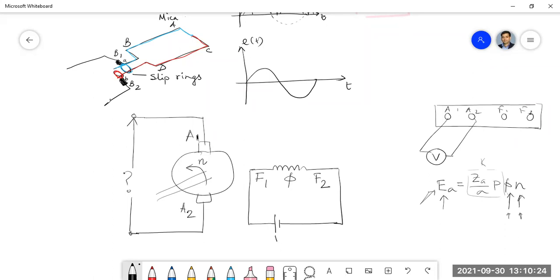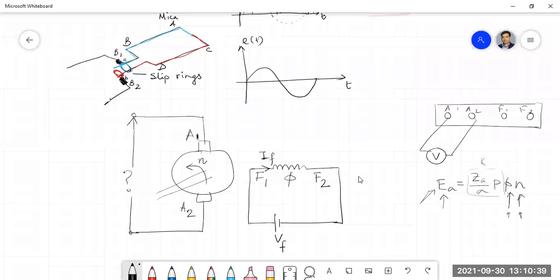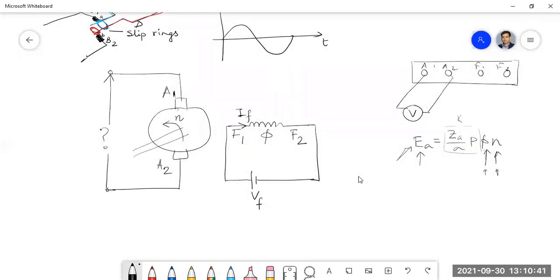Once we apply some voltage across the field, there will be some current flowing through the field. I think you know what the field is. The field is basically the field winding that is wound around the pole cores. If you forget, I am explaining once again. This is basically the field coil and field current. Suppose the field coil has N number of turns.